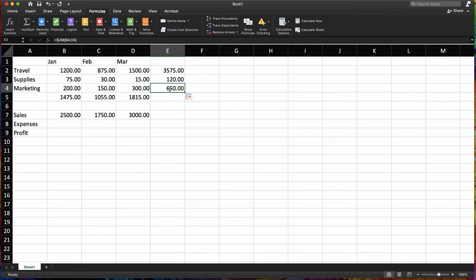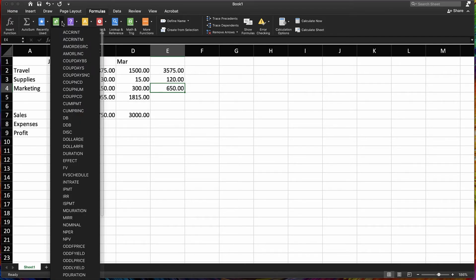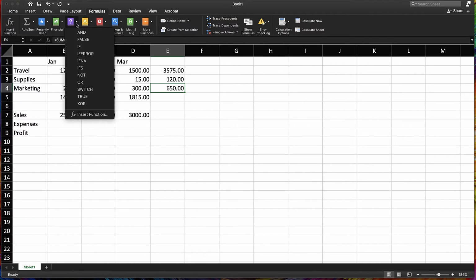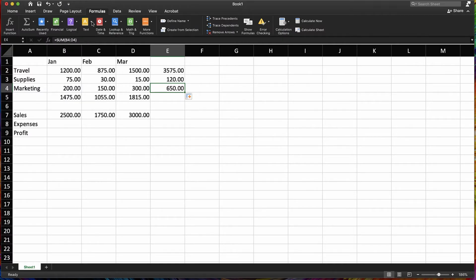Now you might have noticed from our formula bar, there's all kinds of different formulas we can explore. So if you're looking for something specific, you can scroll through here and try to find them, figure out what you're doing. But there's also this handy insert function. So let's figure this out. We're going to be right here, and we want to look at our total sales. Or let's say we're going to look at the average of our sales. So I'm going to insert